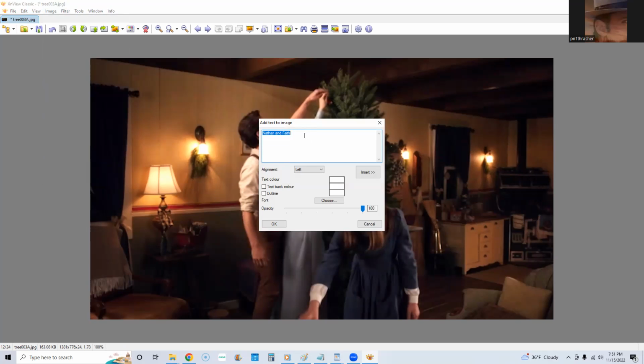And we're just going to write, you know, trimming the tree, decorating the tree, trimming the tree. What year would that have been? Like 1916. Yeah. We'll just put trimming the tree, 1916, and you could put a space in there. And then I just leave the alignment on left because usually,